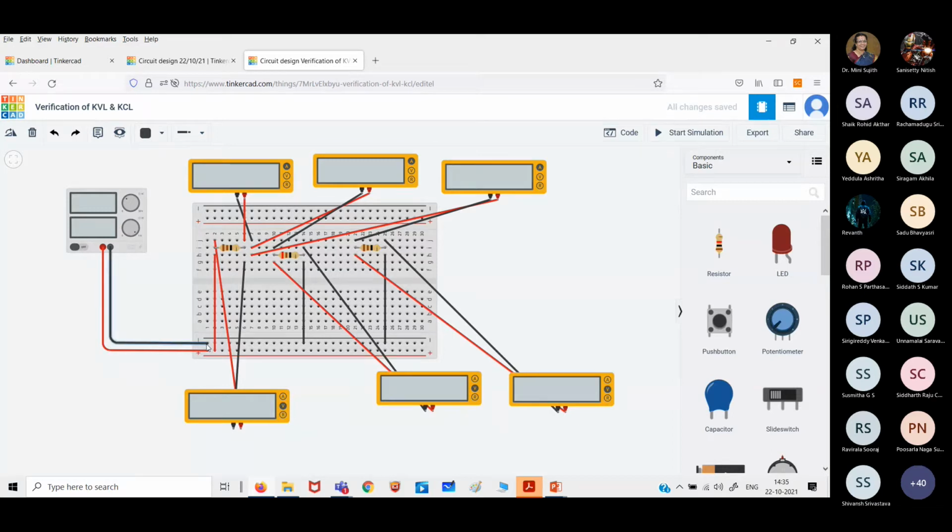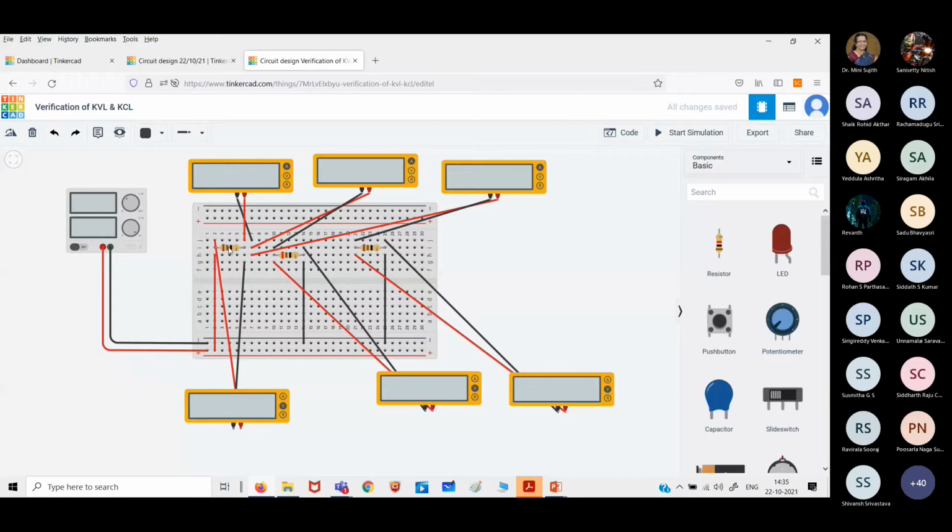First fix your power supplies. Here. See, another possibility is some of you might fix it this way, to the above portion. It is fine. But if you're doing so, please make the connection likewise. So take the supply. Negative connected, positive connected. Remember in the breadboard, upper and lower, you are having horizontal shorts, horizontal connections. That is why you can see just horizontal to this is the connection which has been taken to the vertical connection of the resistor, because here all are vertical short.